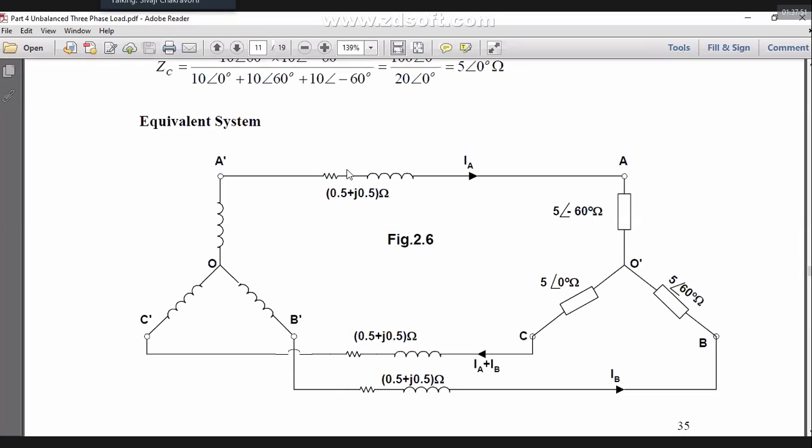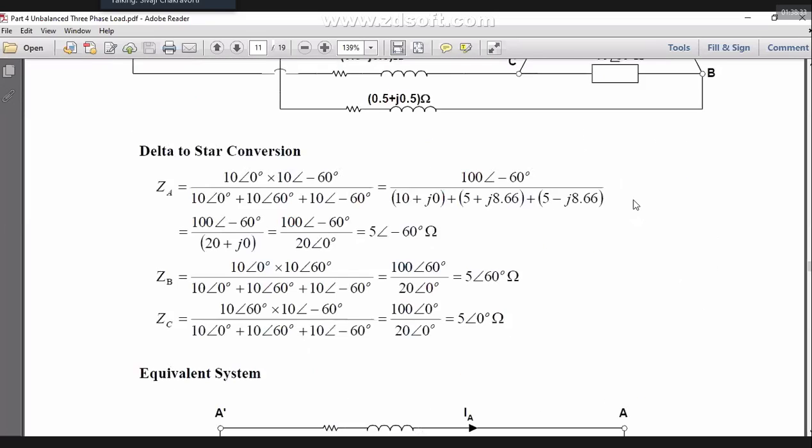Then I will show you another very interesting thing. Now I have a three-phase three-wire system, and I have a delta. Earlier I said that this line impedance is 0, so this source voltage is equal to the load terminal voltage. That means A prime and A are the same. So what I was doing, I was assuming that this line voltage of the source is applied across A and B of the load, and this is balanced. But who told me that the line impedance is 0?